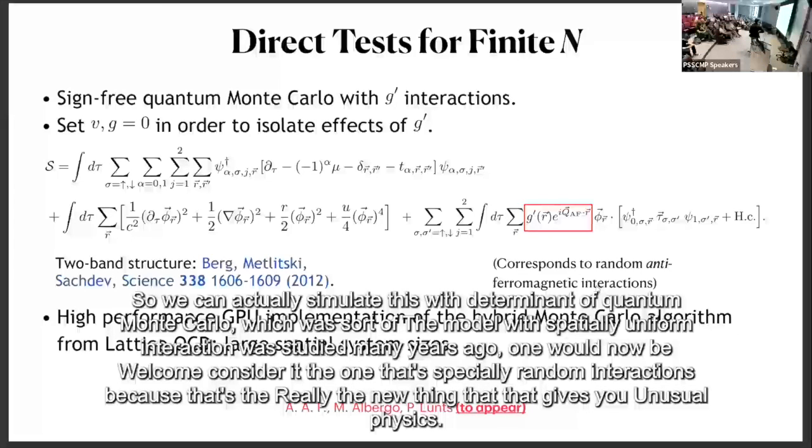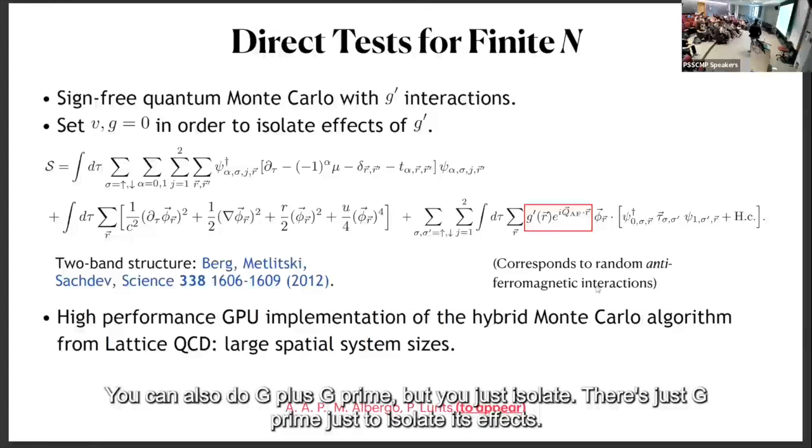The model with spatially uniform interaction was studied many years ago, but now we consider the one with spatially random interactions, because that's the new thing that gives you unusual physics. You can also do G plus G prime, but we just isolate G prime